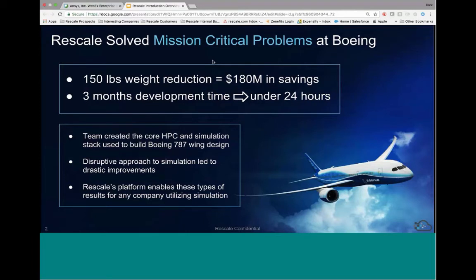But there were some real challenges, and the team was facing some big challenges in getting the work done. The deliveries were threatened to be delayed, and they needed to come up with some answers very rapidly. Boeing senior management went to the team and said, what do you need from us? And basically the response was, we need a lot more computing horsepower to do this simulation work and figure out how we optimize this design given the materials and the challenges involved. And so what Boeing did was they allowed the team access to all the internal compute resources within Boeing, but only on the weekends, because they couldn't disrupt all the other productive work that was going on.